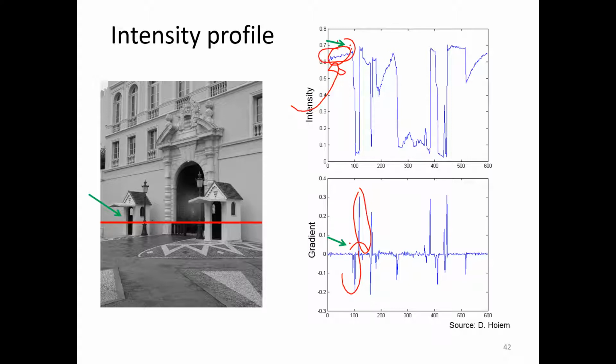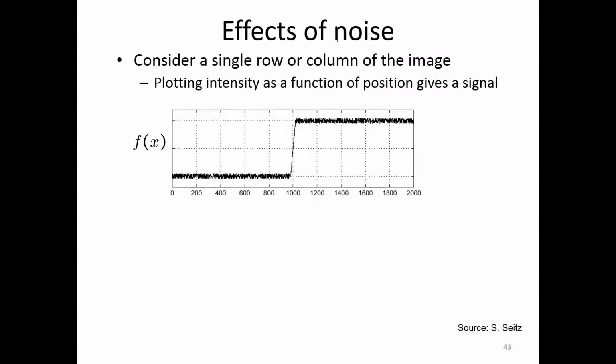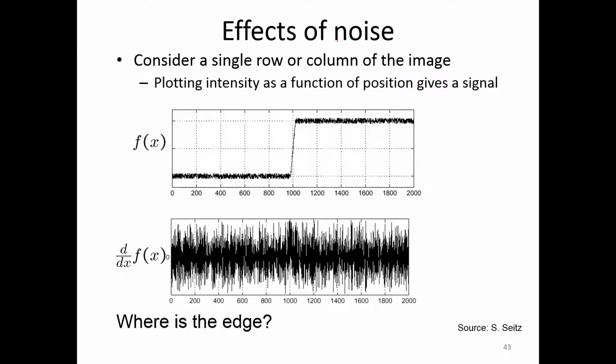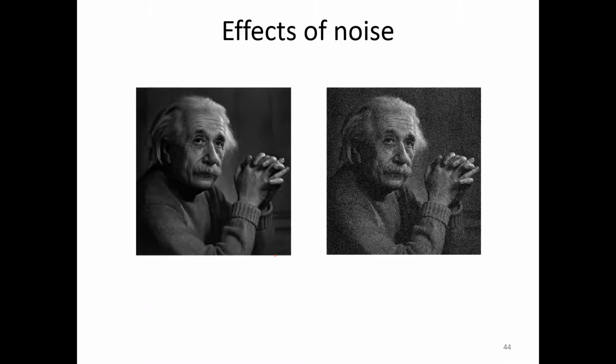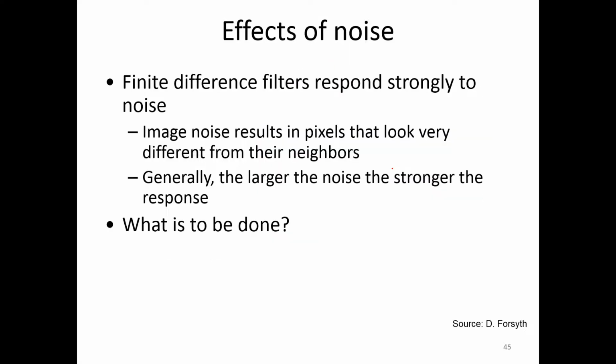So the noise will be too strong. For example, here is a noisy signal. If I simply take the gradient or the derivative here, you cannot find this edge because it is drowned by all the noise. For example, this is an actual image of Einstein, and if the original image is a little bit noisy, again, I don't have an example, but anyway,